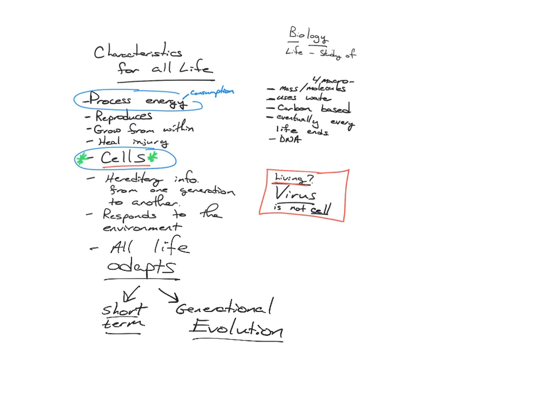So short term, you can adapt as an individual to the environment by changing your behavior, right? Think about the kinds of adaptations you do. You go from one classroom to the other, one teacher wants it one way, the other teacher wants another, so you have to adapt. Those are short-term adaptations. But then you have a generational adaptation, so one generation to the next can change. Fundamentally, the population can change, and if the population changes, we call it evolution. And we're going to take a really close look at evolution. All of these characteristics of life we're going to take a look at.